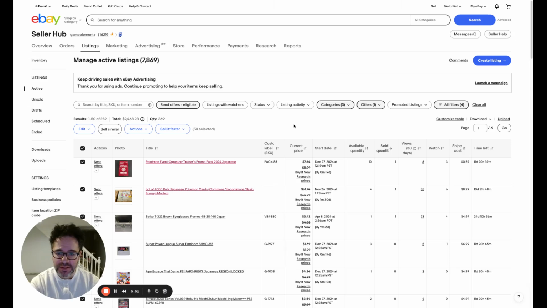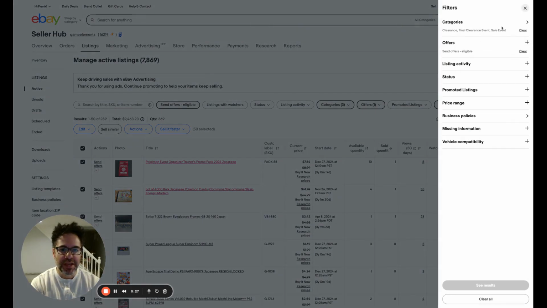So I figured out the best way to target older listings to send offers on without having to manually do it. There is a bit of a manual process, but the absolute best way to sort your inventory so you can target particular items to do more aggressive sales, to target for higher promoted listings, to target for best offers at a certain rate is the following. I have split up my inventory